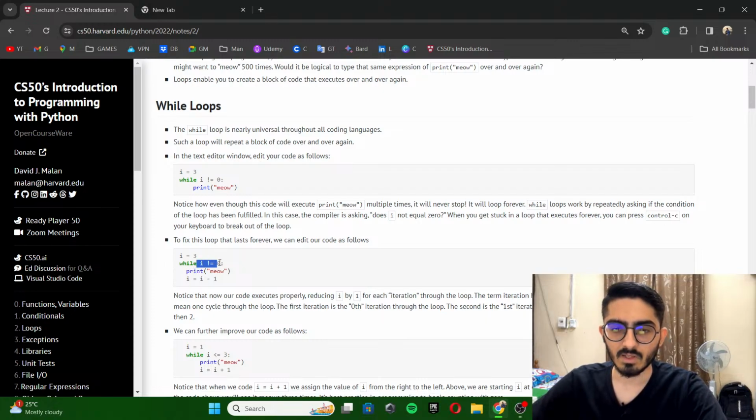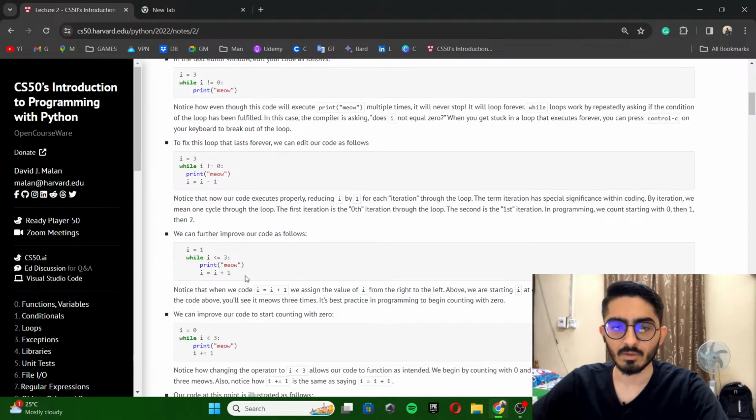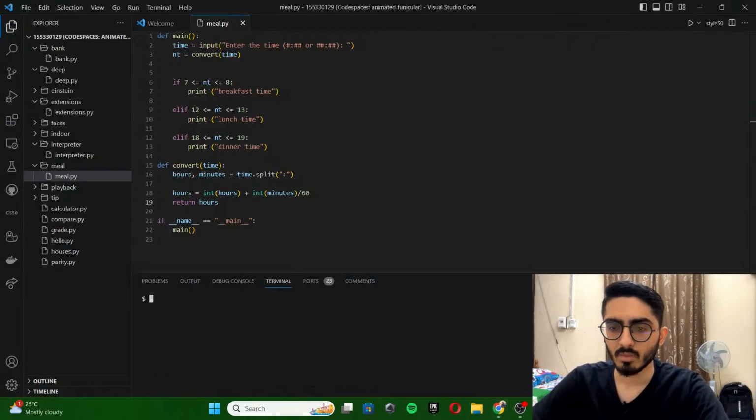So the next time i is 2, it will run again. Third time it will run, fourth time it will run. Then if i is equal to 0, it will not run, it will stop the code. Okay, so if we run this code,